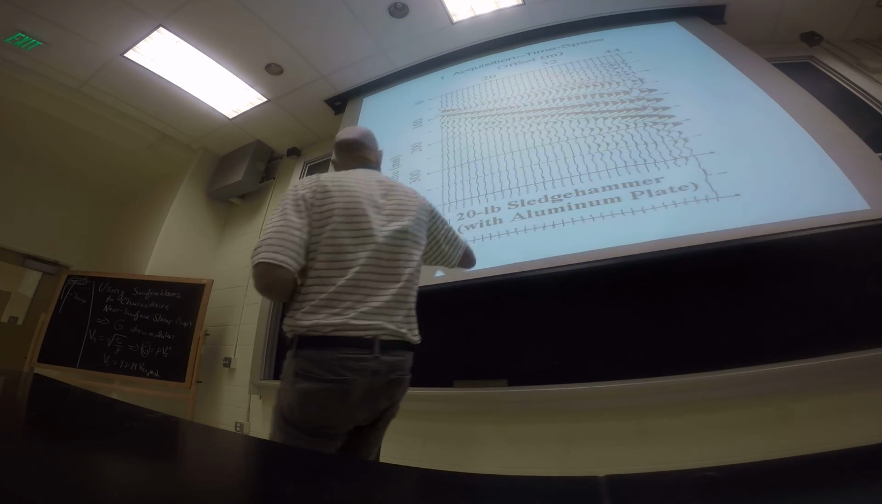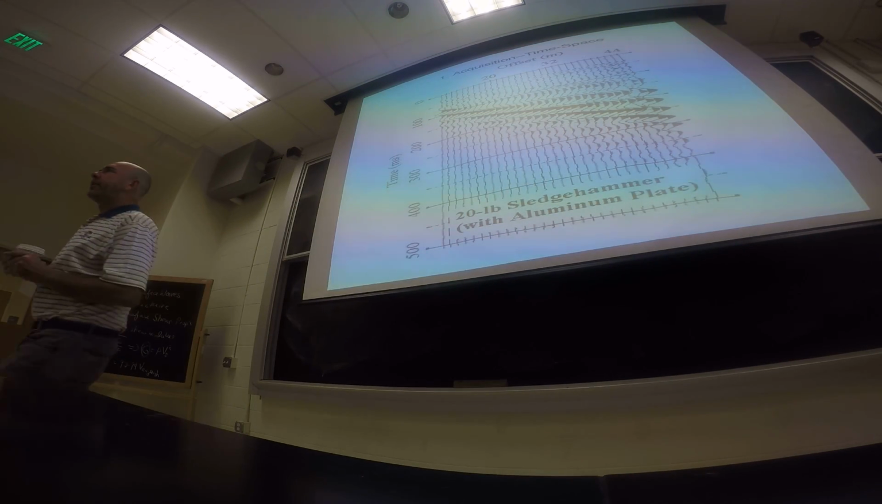Okay, so let's go on to a bunch of records. All right, so time along the vertical axis, offset along the horizontal axis. What do you see there? What arrivals do you see? First of all, what's the dominant frequency in the arrivals? Can you take a look at